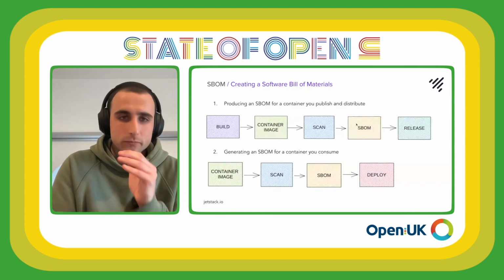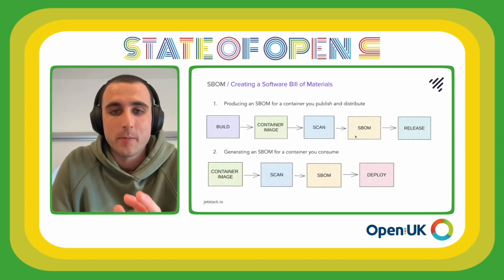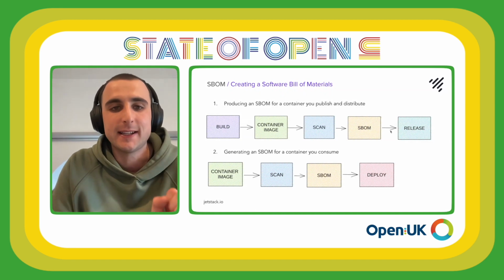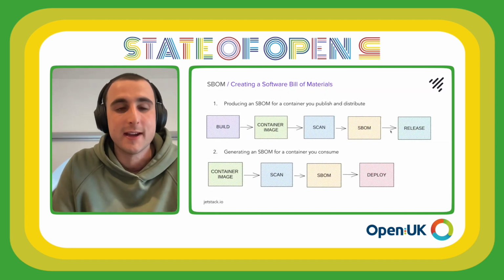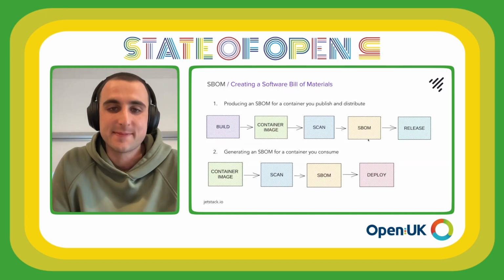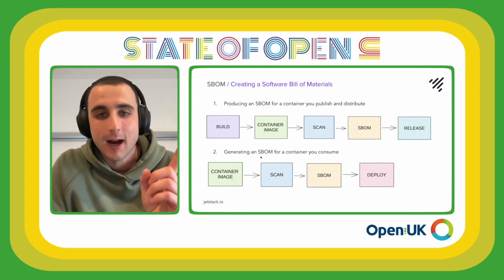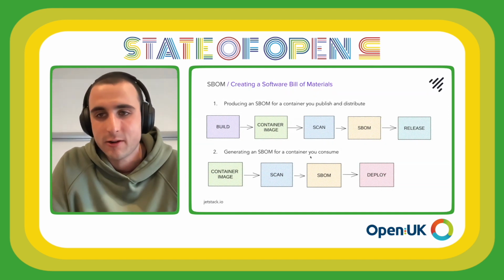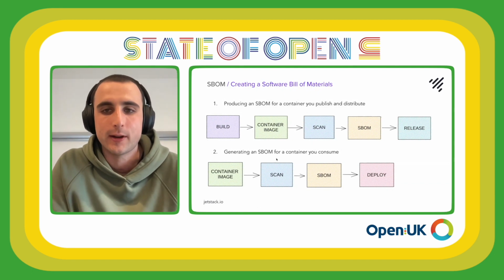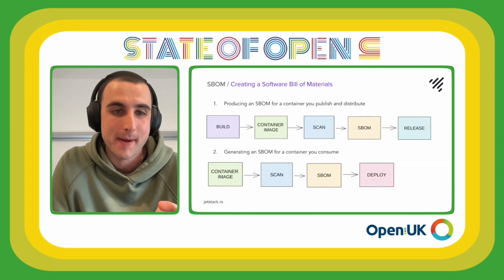Once I've done that, I use a magic, amazing vulnerability scanner or a software component scanner to find out what all the contents of that software is, because I'm not the developer and I definitely wouldn't know. And I throw that into my SBOM, or if I'm lucky, the scanner creates that SBOM for me. Finally, I release the software, so the container image, alongside my SBOM, so people can use the software and most importantly know everything, and I mean everything, that's in it, because this scanner is magic.